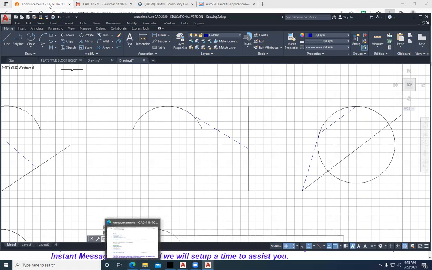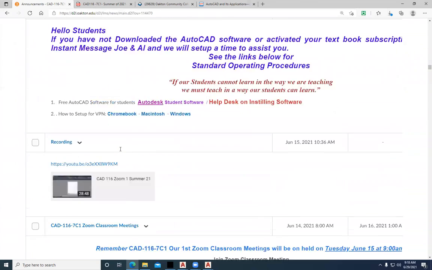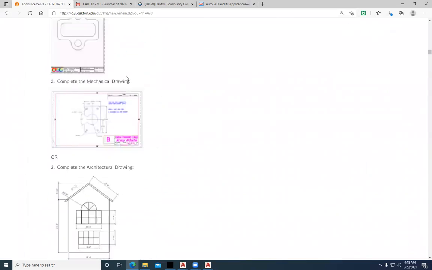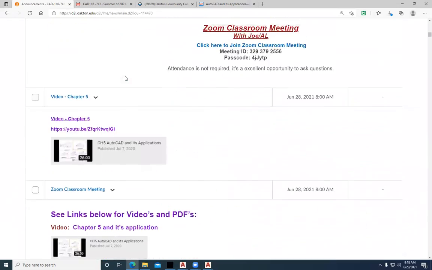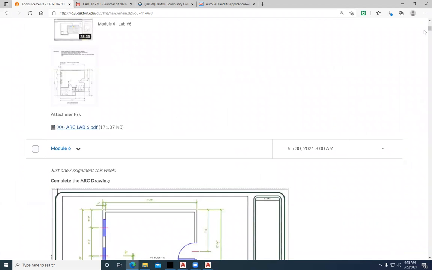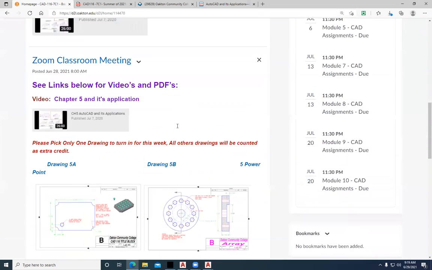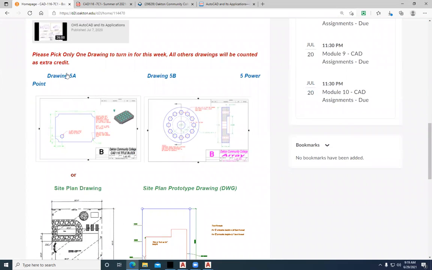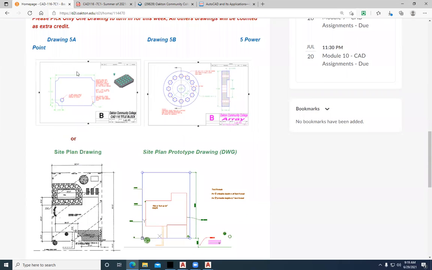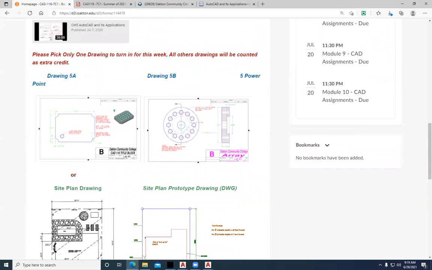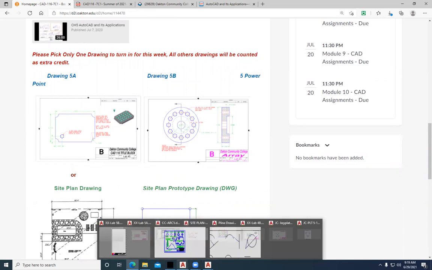And then back to our main splash page here. As we look at module 5, it is in our main announcement. I'm just going to go here. Module 5 has you work with these mechanical plates. You can draw this mechanical plate here, or this one, or the site plan drawing. And if I take a look at those two drawings,